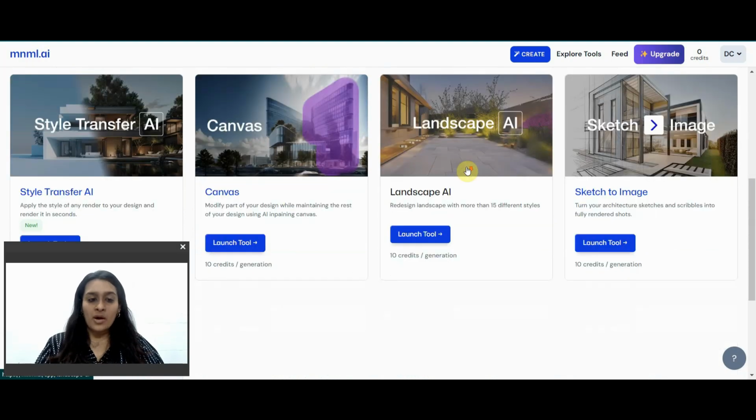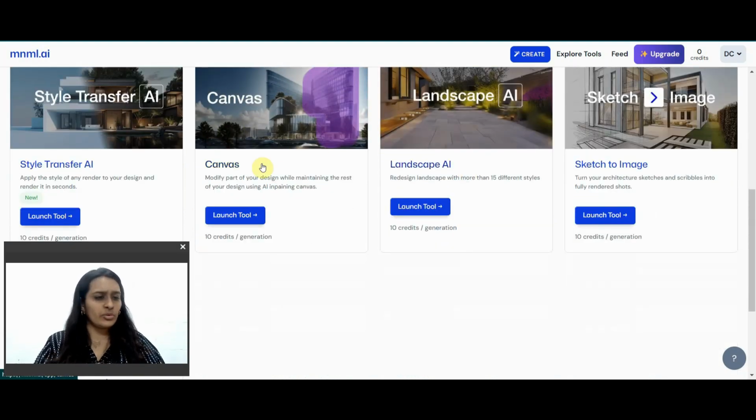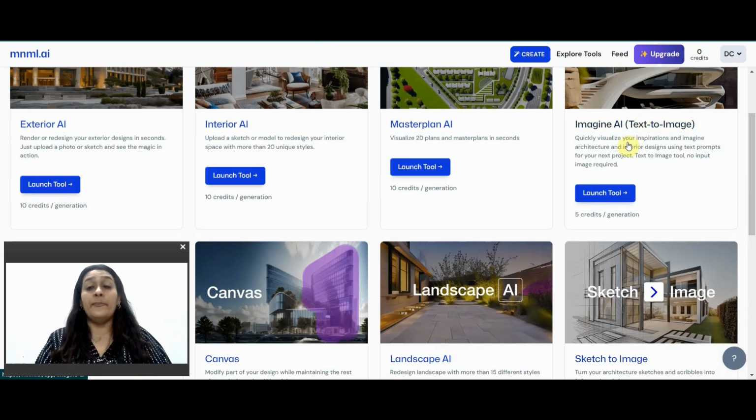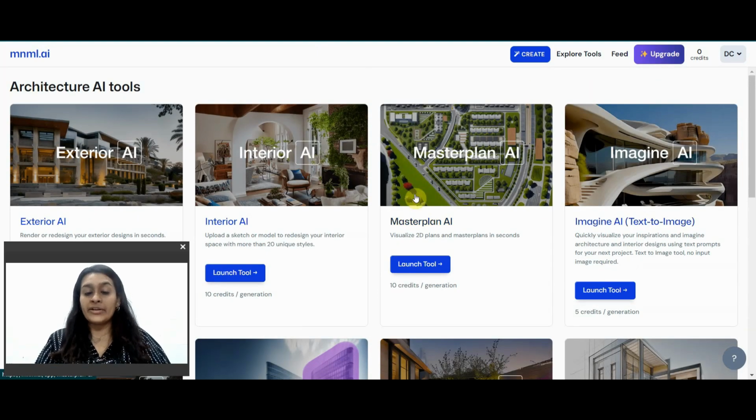All right, so how do we go about this? Canvas is most of the tools we've already used. Chrome AI also does it, Kriya also does it. Style transfer we haven't used, we don't know. Landscape, it wasn't working for us. Sketch to image and text to prompt, very beautifully Kriya and Chrome AI both do it. Interior.ai is not worth a software.